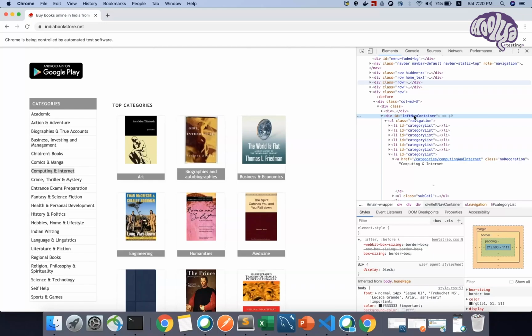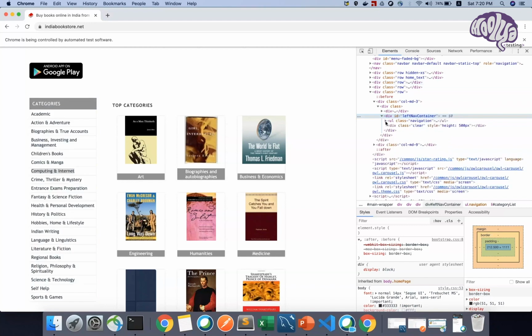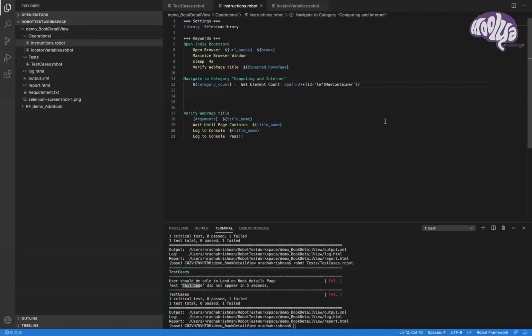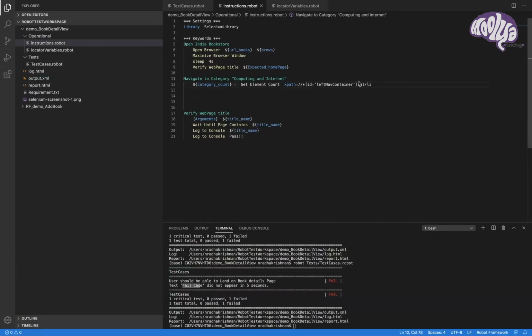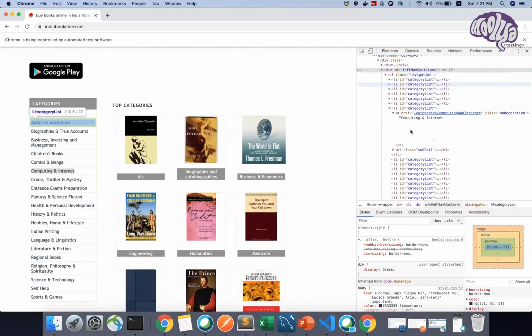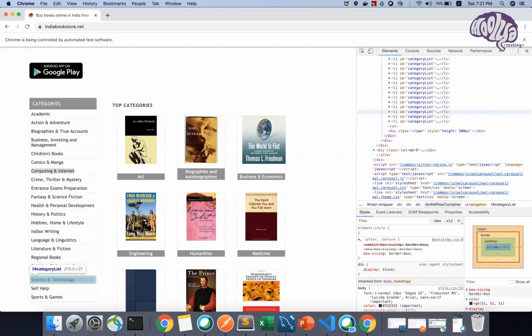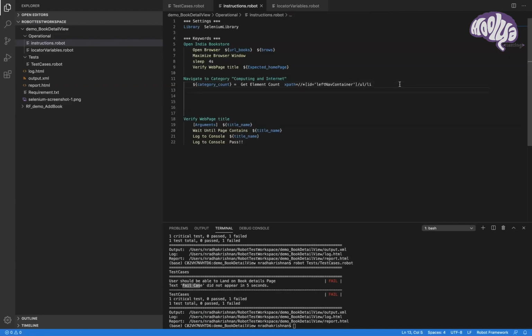So this is also pointing me to the correct one, and this is the list viewer. Lists, just mention li. So this will navigate to this particular element, and then it will get me the count of list here. Before writing the loop, let me print and show you how many categories are there under that list. Double space. Let's just print this.